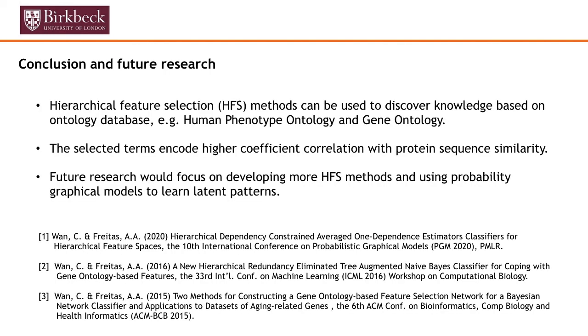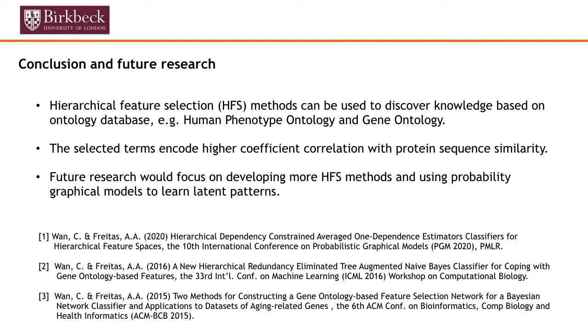Okay, so in conclusion, in this work we use hierarchical feature selection to select some terms that can be used for the downstream knowledge discovery part to try to figure out the link between human aging and developmental abnormalities, one type of phenotypic abnormalities. And then, of course, we can try to propose more methods that can be used for this task. And also, our recent research has been focused on